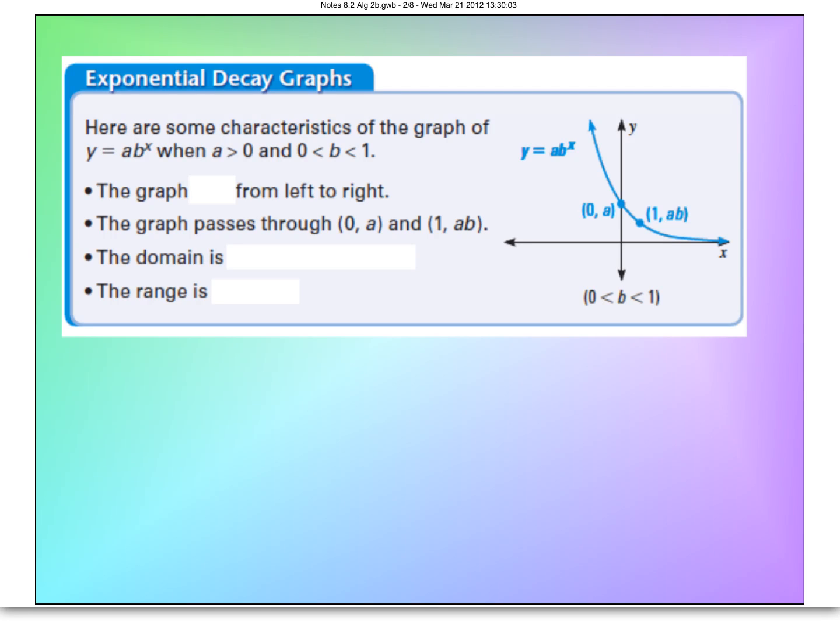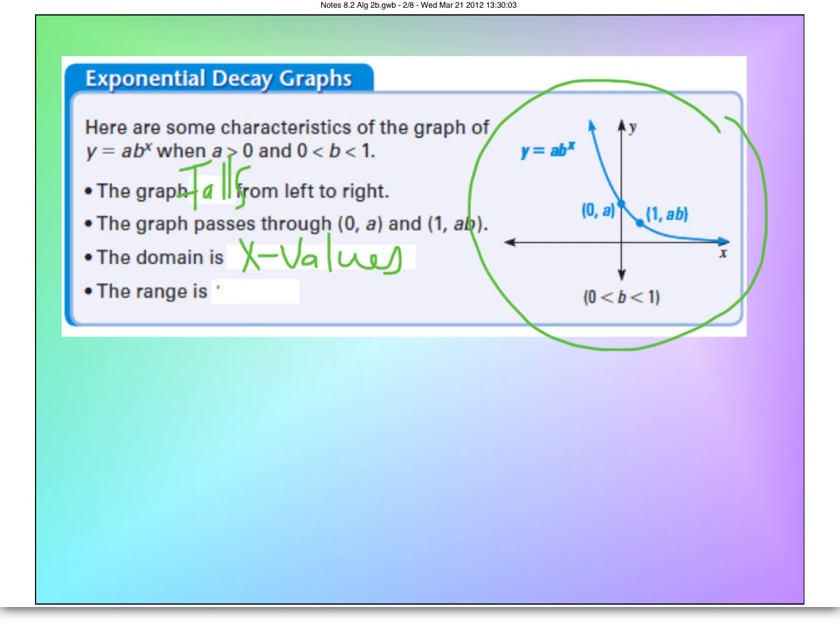Now let's look at learning objectives C and D. We're going to state horizontal asymptotes in the domain and range. If we look at this, we have the exponential decay graph right here. The fill in the blank here: the graph falls from right to left. Remember, the domain for exponentials and for all graphs are the x values, and the range has everything to do with the y values. So let's look at 4 different examples where we graph them, state the asymptote, the domain,